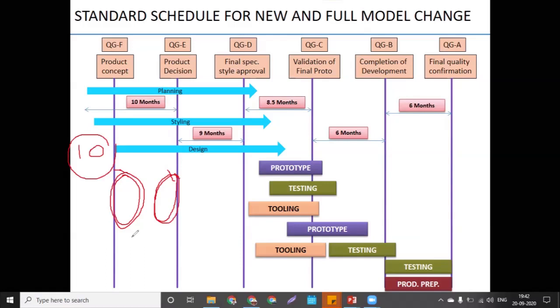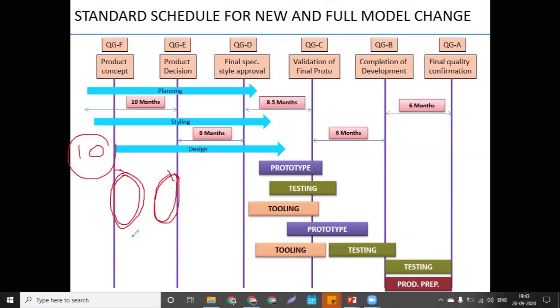The quality gate process is designed to ensure that a project can only pass through the gate if all the points are still available, all the points are going perfectly. They also provide a mechanism for checking that important deliverables have been produced before the project can proceed. So it will ensure that everything is going well with respect to quality and completeness, and by considering the start of the production. Start of the production only, because this timeline has to be in front of all when the project is going to start, because they have to go with the timeline only.